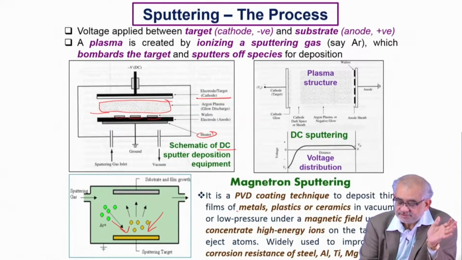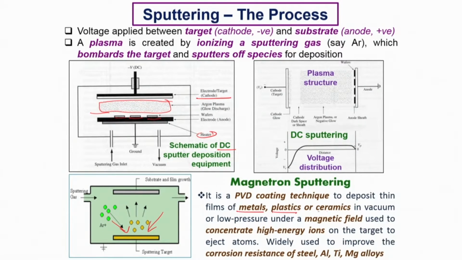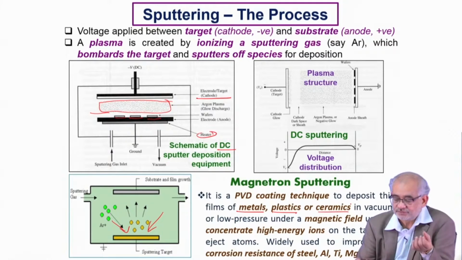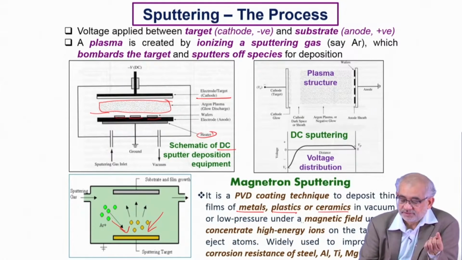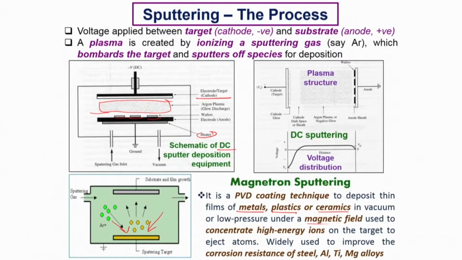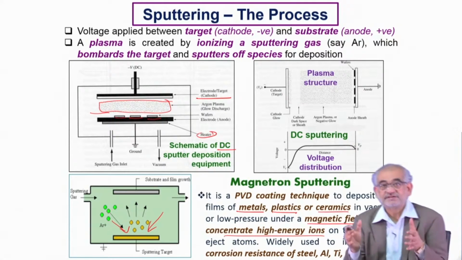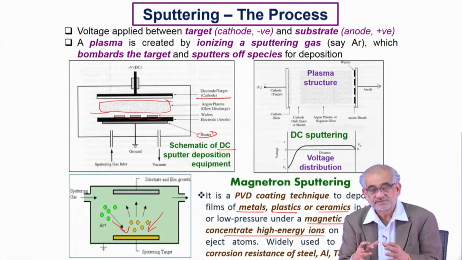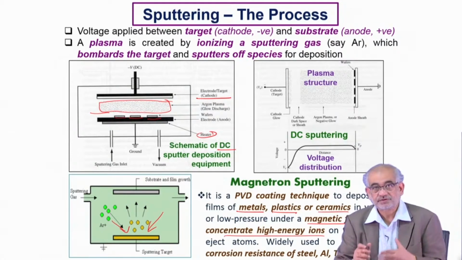So you can deposit metal, you can deposit plastics or ceramics. So that's the beauty. This is actually independent of the chemical nature of the coating that you want to deposit. So you use low pressure under a magnetic field to concentrate high energy ions. This is typically done in the case of magnetron sputtering, where the magnetron, high flux magnets, actually confine the plasma in a smaller region, and in the process make the deposit more uniform and